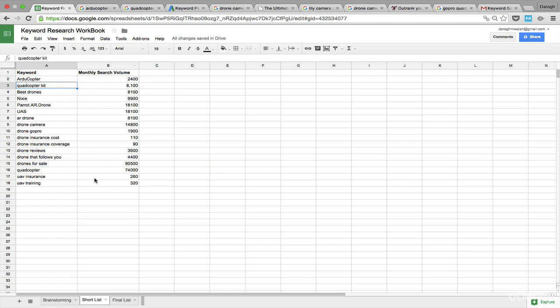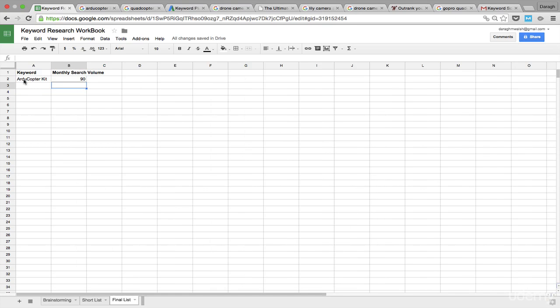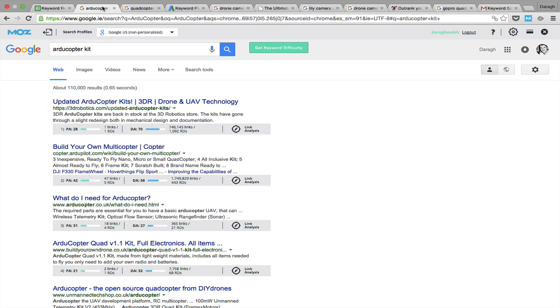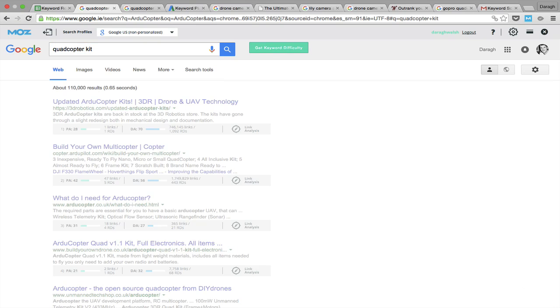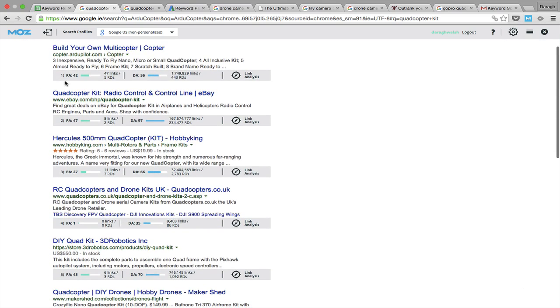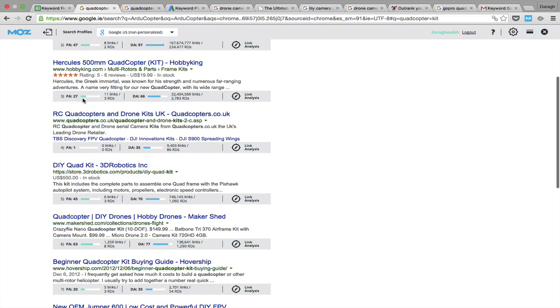So what I can do then maybe is, on my final list, I've added in Ardocopter Kit and noted the number of searches. But let's keep looking because we really want to pick the best keywords. So let's move on to the second one on our short list. Let's go quadcopter kit. So kind of a similar one, but a different starting keyword. So you can see here maybe 42, 47, 27